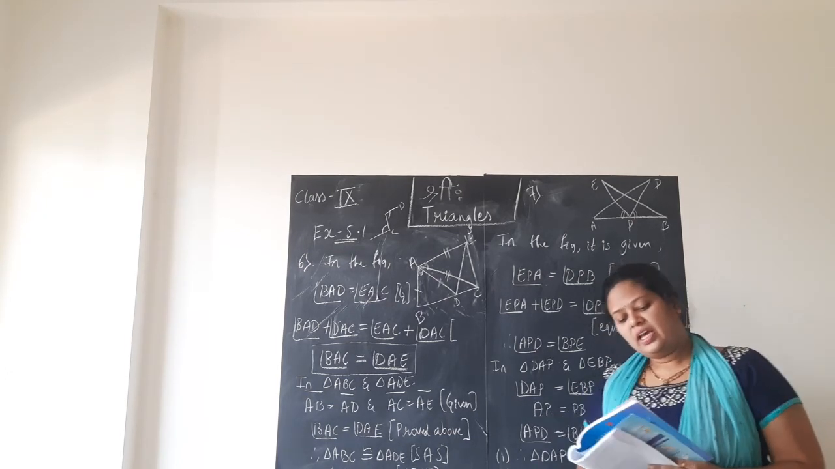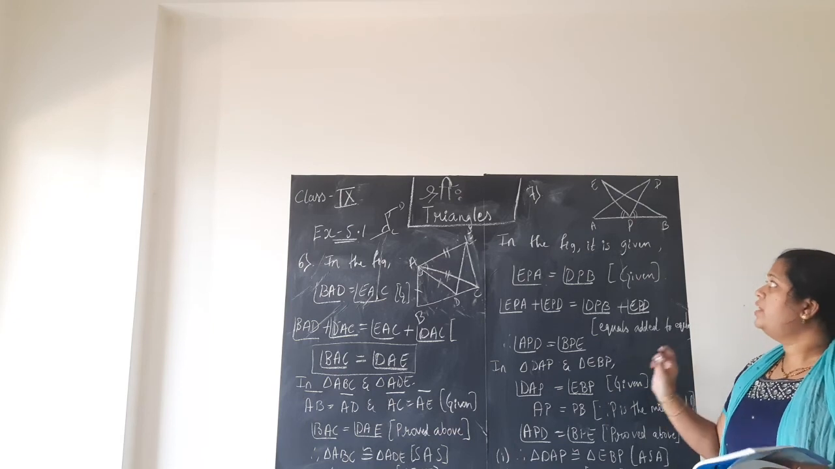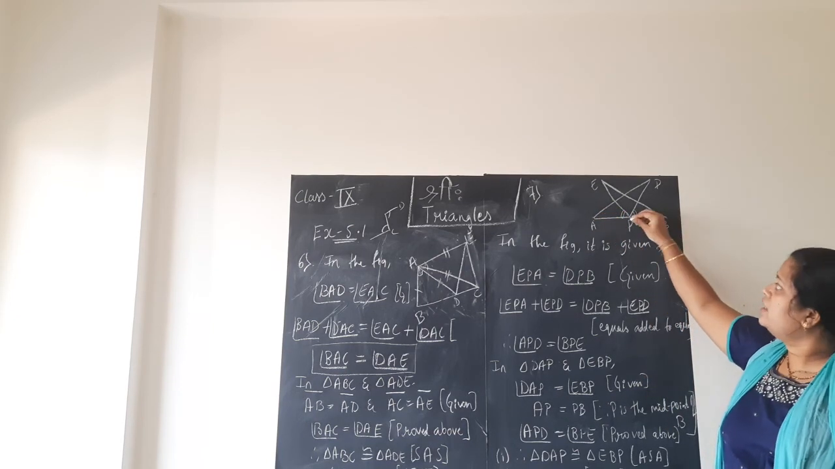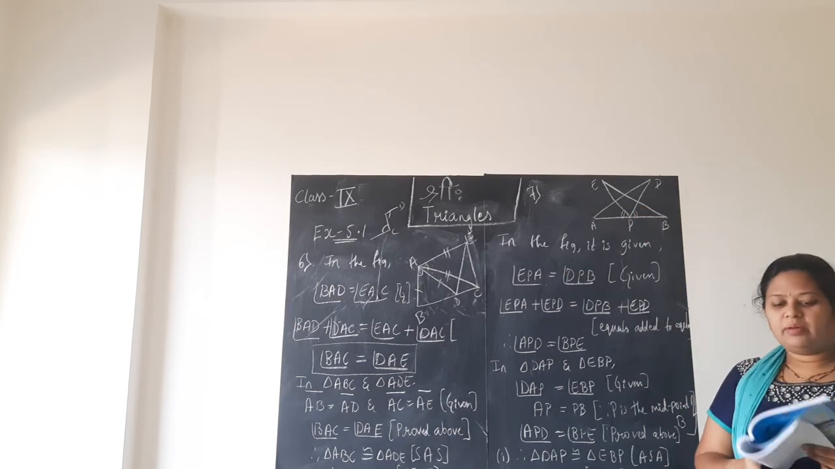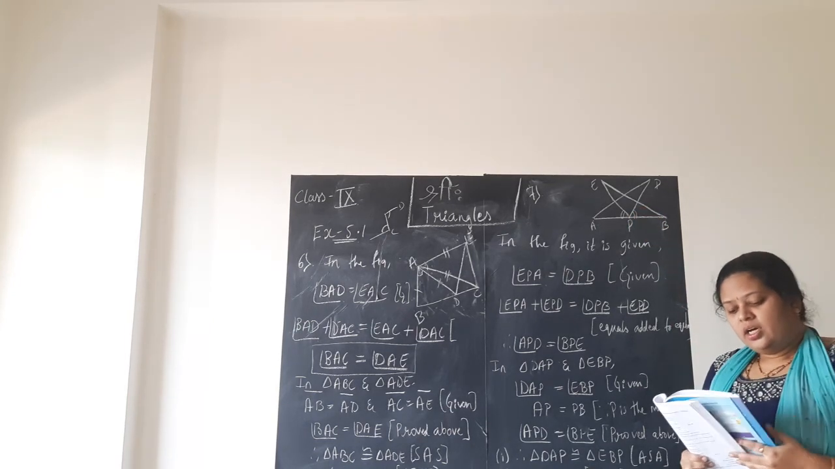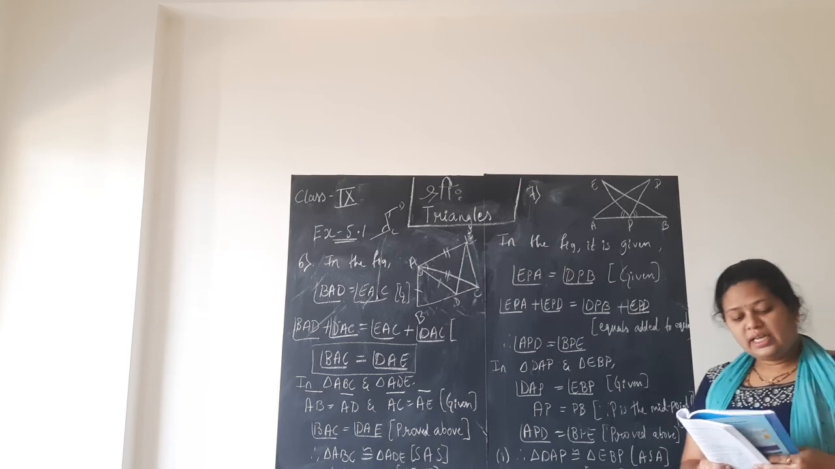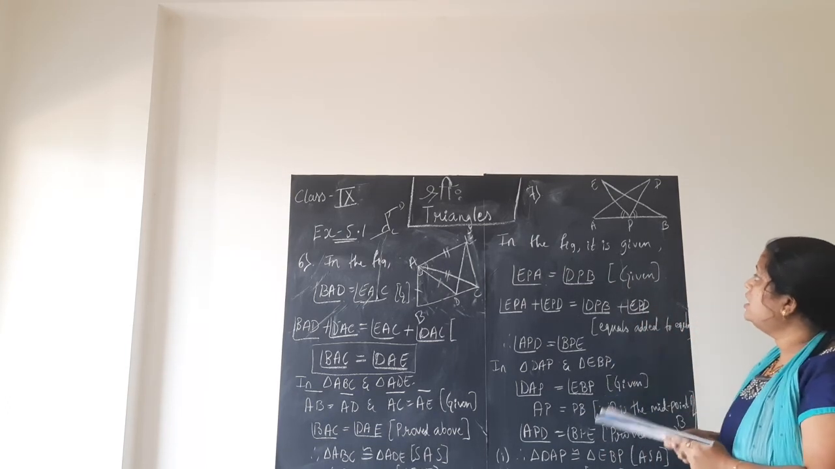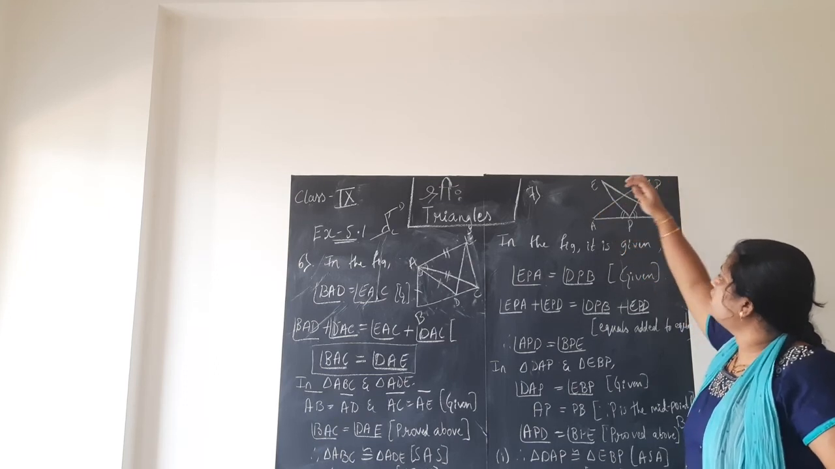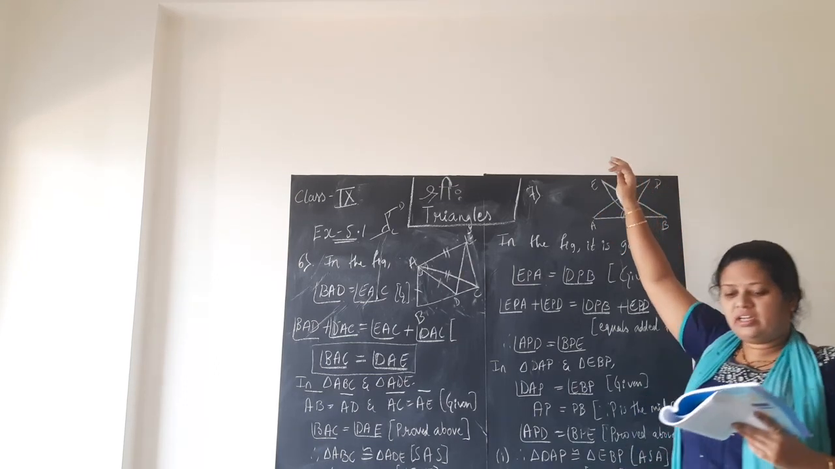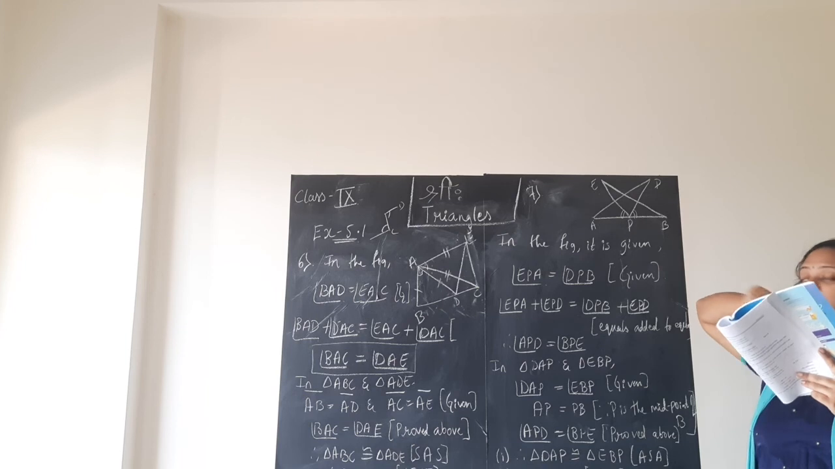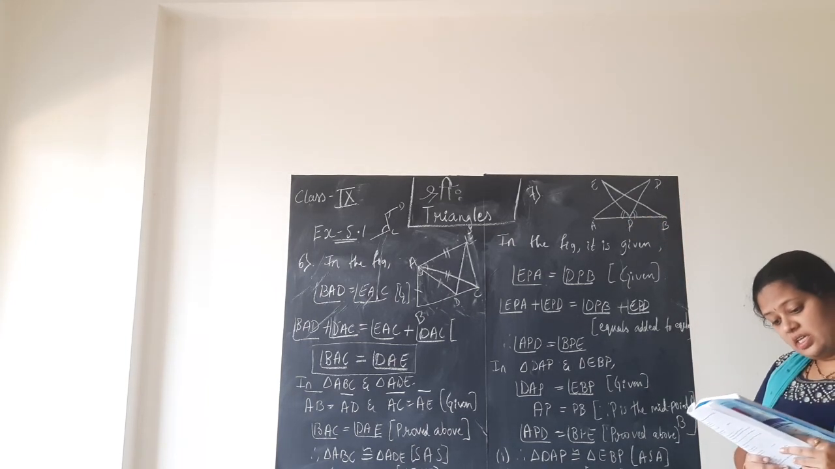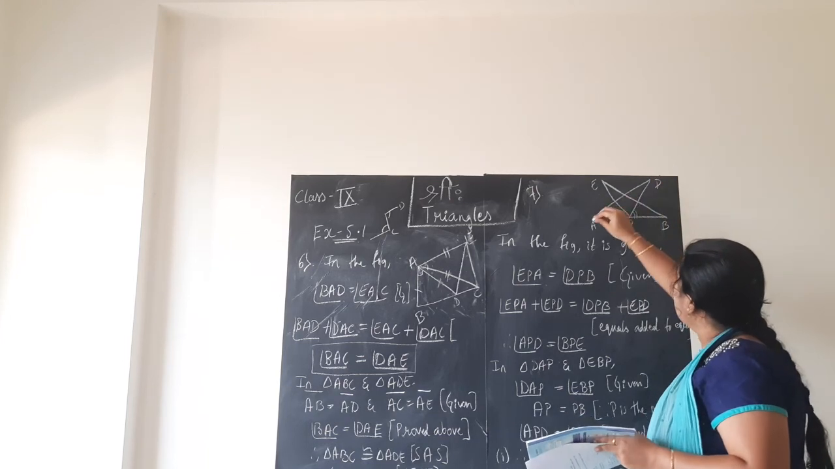Seventh question. AB is a line segment and P is the midpoint. Very nice problem this is. AB is the line segment. P is the midpoint of AB. Now, D and E are points on the same side of AB. D and E are the points on the same side of AB. Of course, by looking at the figure only you can make out that angle